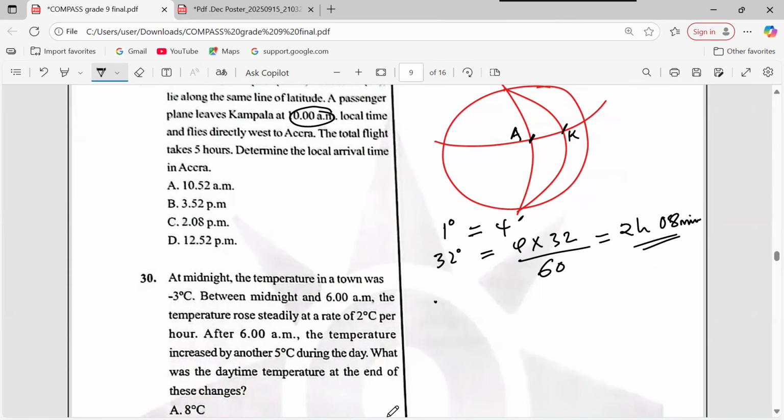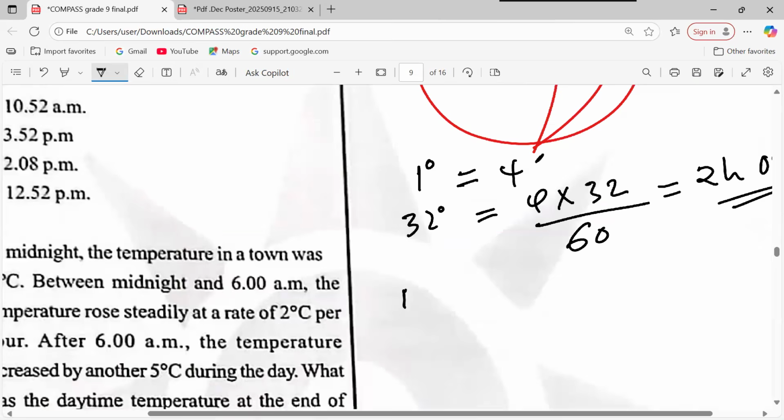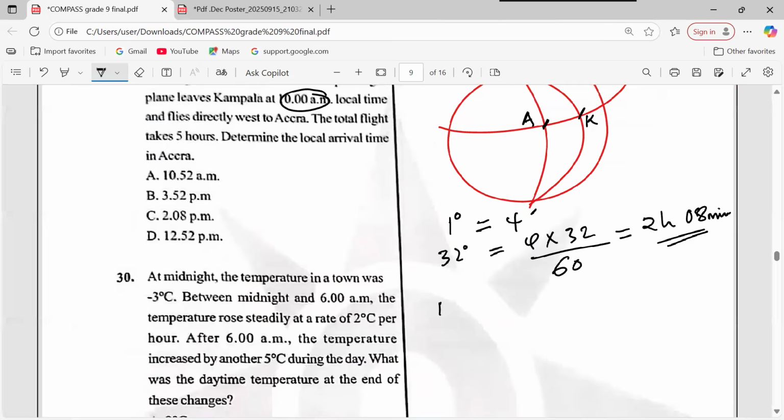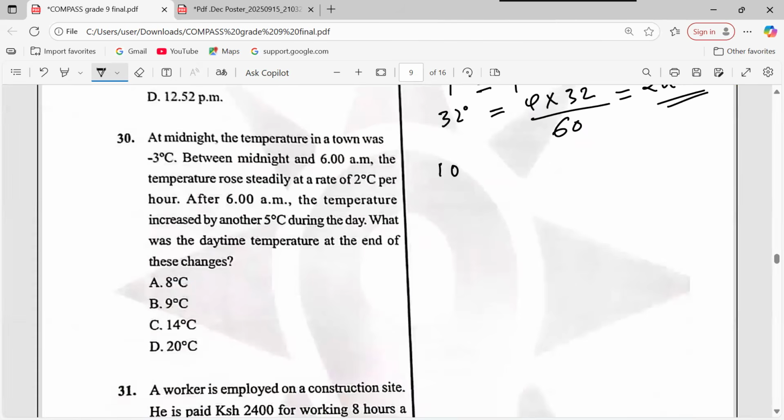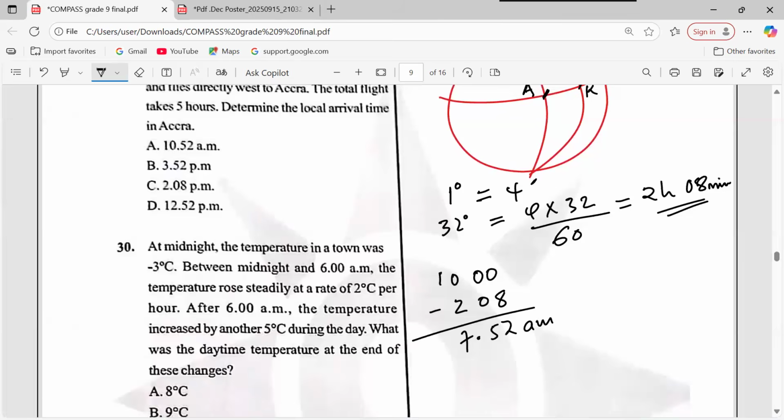So at Kampala being 10 a.m., this translates to 2 hours, 08 minutes behind for Accra. So Accra shall be 52 minutes. That was 10, get 9, 8, 7. So we will have 7:52 a.m. the same day. Therefore, with 7:52 a.m. the same day,